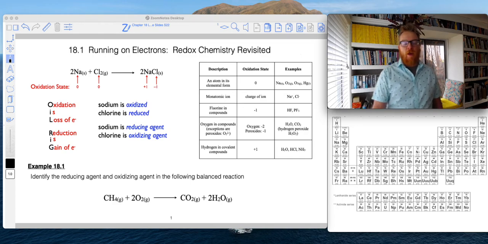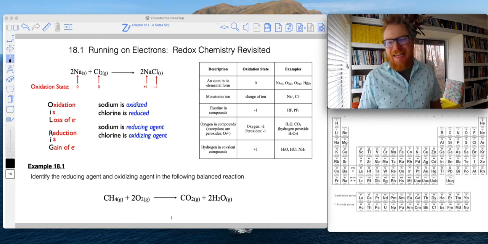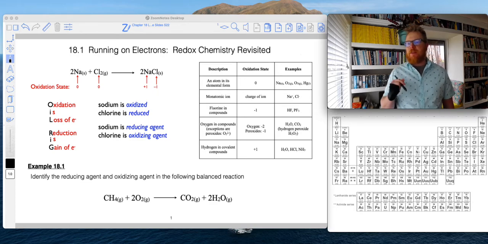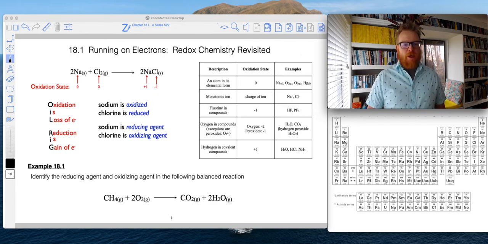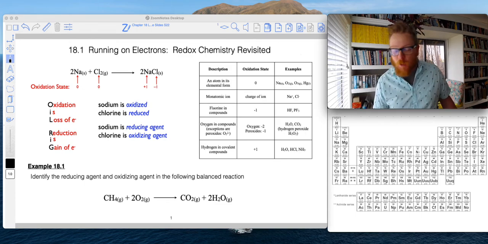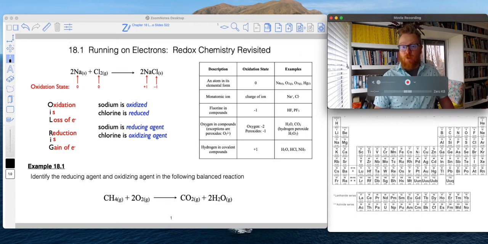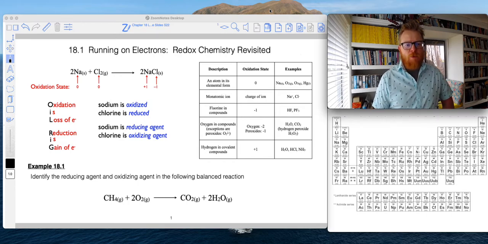Folks, picking up with chapter 18 on electrochemistry. This stuff is so cool. We're going to be really getting into some big picture things like how your batteries work. But before we get into that, I want to review a little bit of our oxidation reduction chemistry, our redox